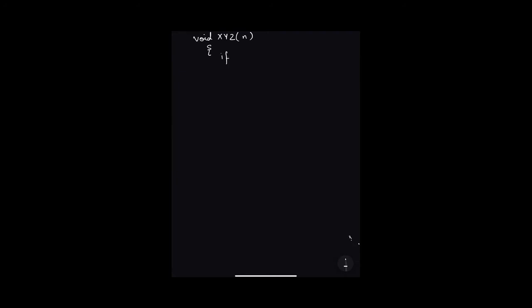Let's suppose there is an if statement where we check if my condition n is greater than 1, then execute a for loop for i equals 0 till i less than n, incrementing it by 1. In this, let's suppose there is some statement, right? And outside this for loop, I'm calling this function again for half part of my tree.